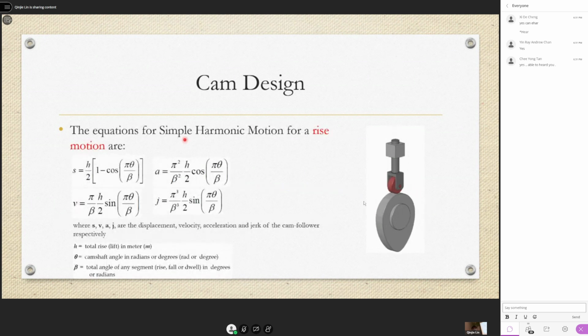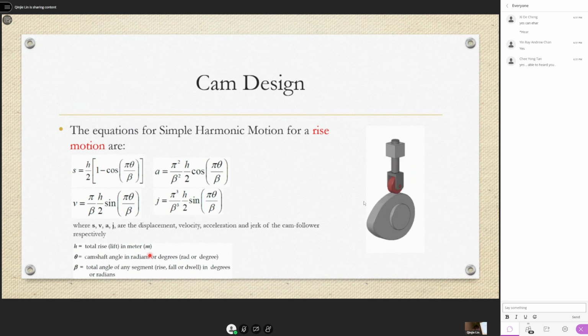The equations for simple harmonic motion for rise motion. Rise is when this follower goes up, the rising motion. The simple harmonic motion can be described using these expressions here. S is the displacement, V is the velocity, this is acceleration, this is jerk. Basically, this is first order, second order, third order. And then H is the total rise in meters. That means the amount that this thing can rise in total. Theta is the camshaft angle in radians